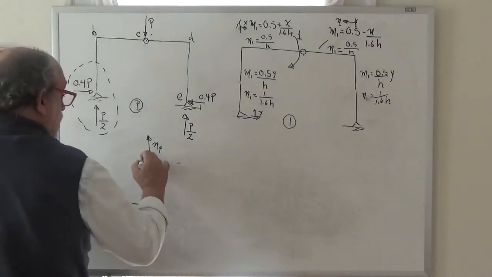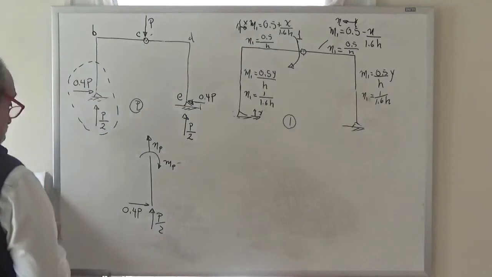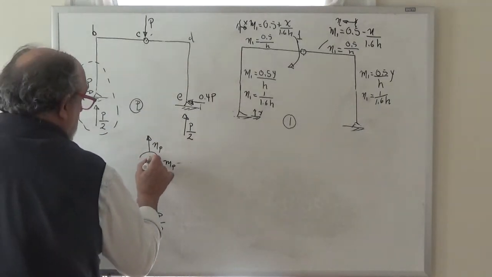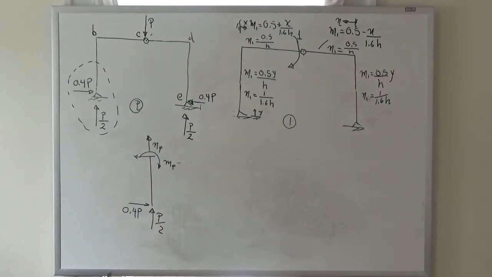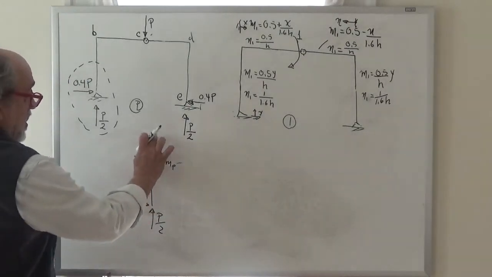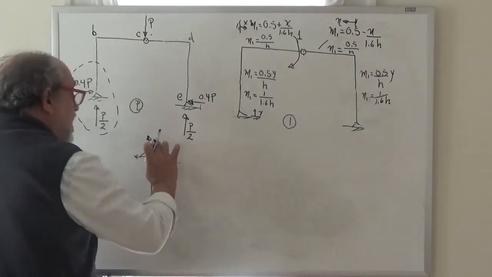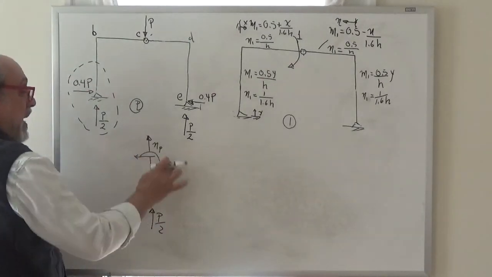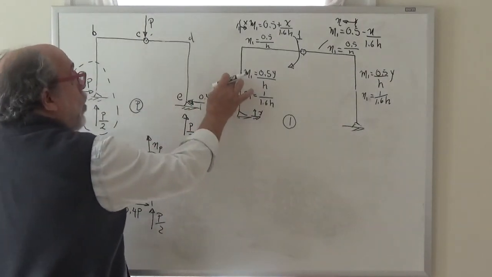The moment was taken this way, so that is MP, and the shear doesn't really matter because we didn't use it. So these two signs are consistent, not with what's going to give me plus. They've been determined by the positive directions that I assumed